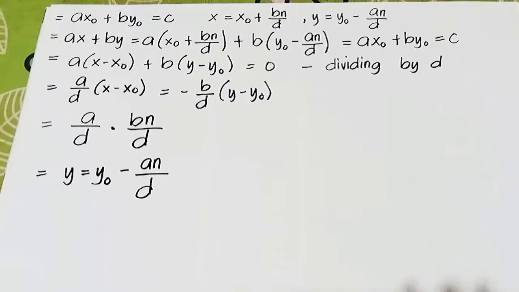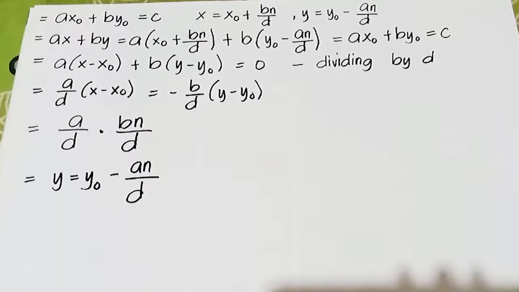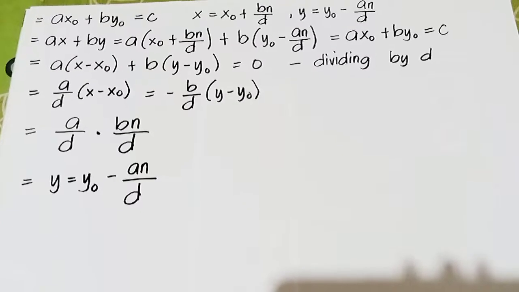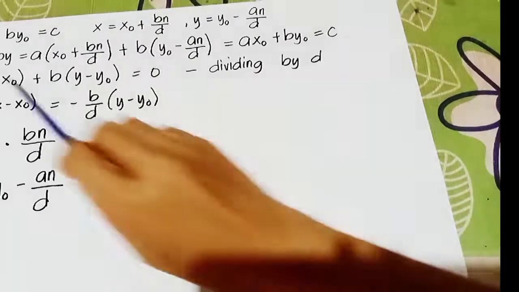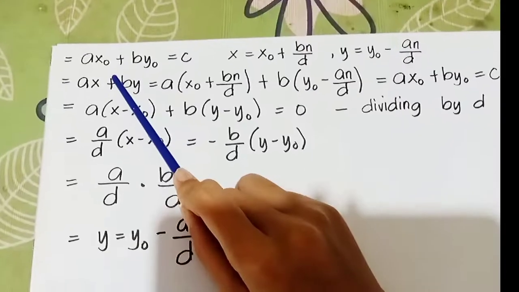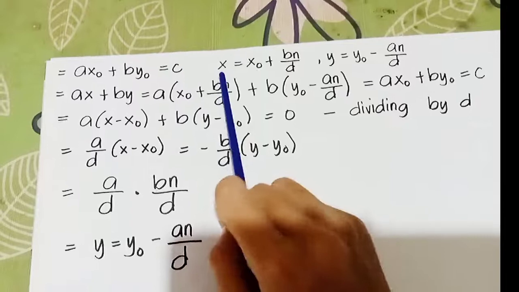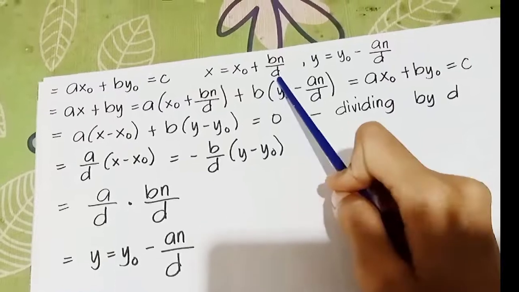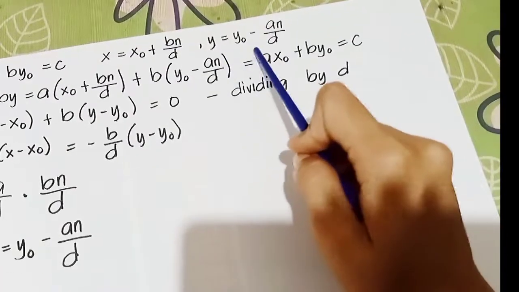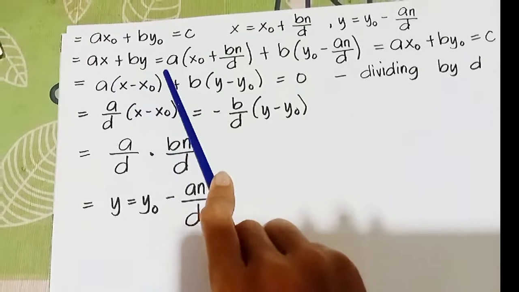We already know that there is a solution if and only if d divides c, by Theorem 1. So for the second part of the theorem, let x0 and y0 be a particular solution. So we have here ax0 + by0 = c. If we put the value of x equal to x0 + bn/d, and y equal to y0 - an/d, where n is any integer, then we have ax + by